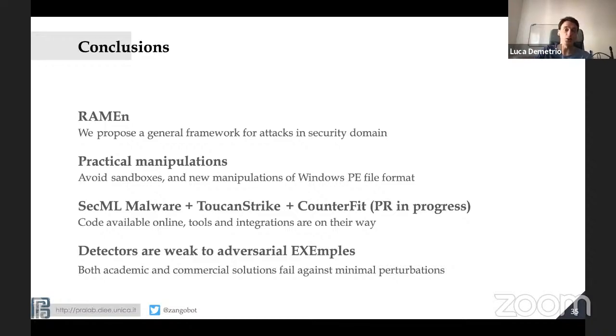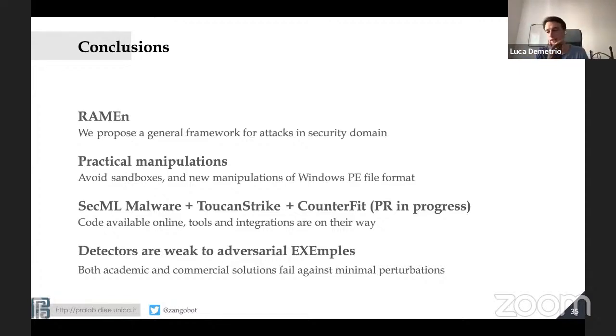Then we released the library SecML Malware, which is connected to ToucanStrike, and the pull request is already in progress, and you are free to use it. You just type it on GitHub and you're going to find it if you want to test it.